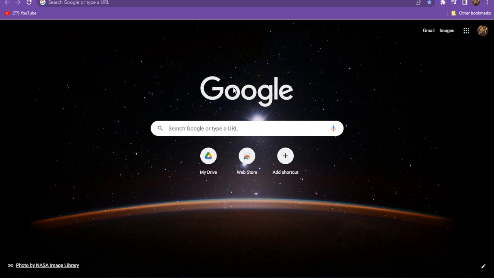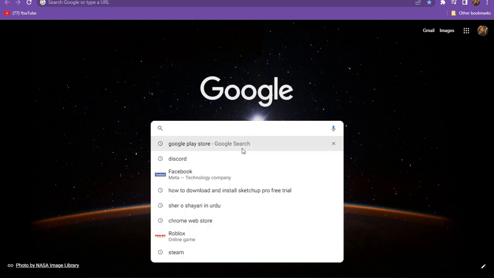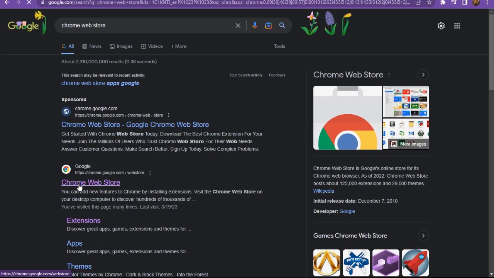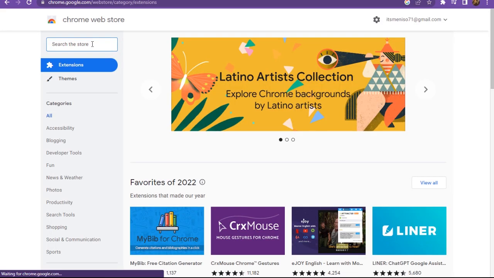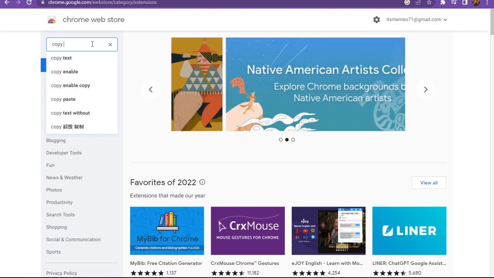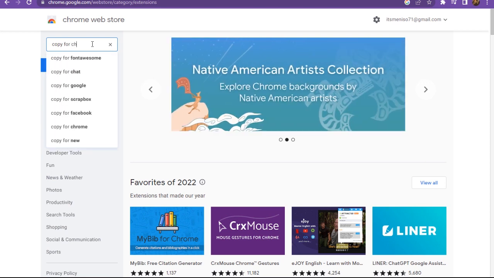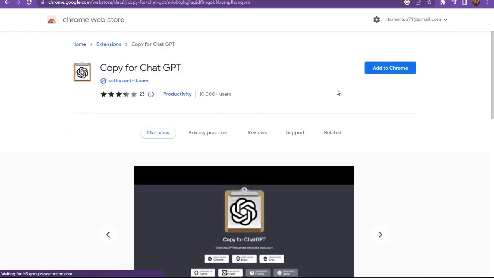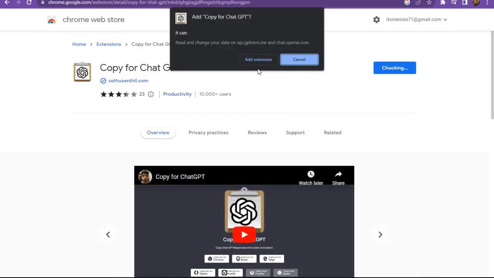First of all, you have to go on your Google Chrome, and once you are here you have to go in the search bar, and here you have to search for the Chrome Web Store. Now once you are in, you have to click on the chrome.google web store, and here you have to search the store that is Copy for ChatGPT. You have to type this, and after that you have to press enter, and here is the Copy for ChatGPT. You have to click on it, and here you have to add this to your Chrome and also add